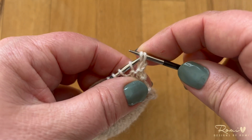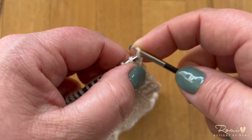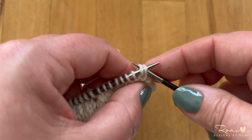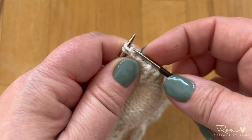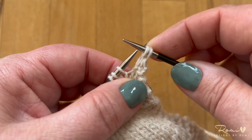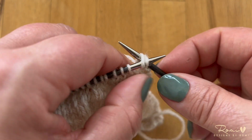Now I'm going to replace them onto my left hand needle. Once those are on my left needle, I am going to knit 2 together through the back loop. To continue, I'm going to knit another stitch, place both stitches back on my left needle, and to do this